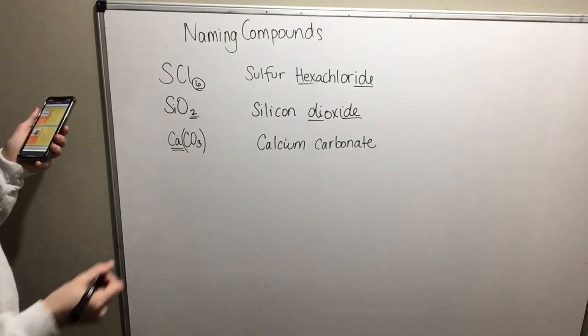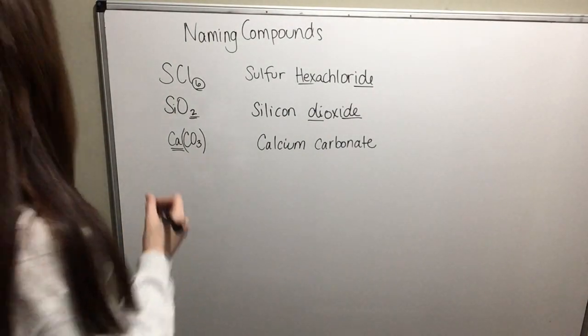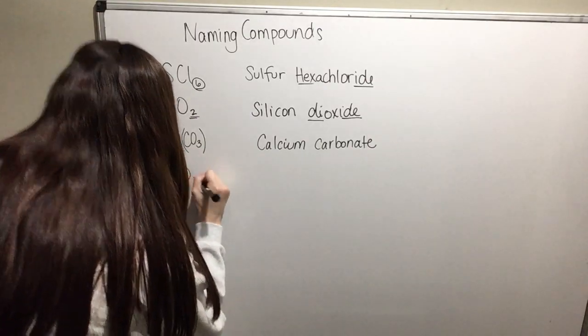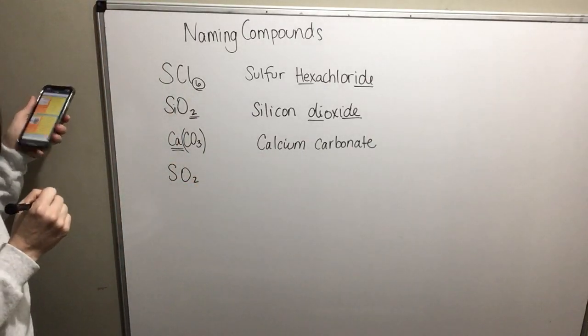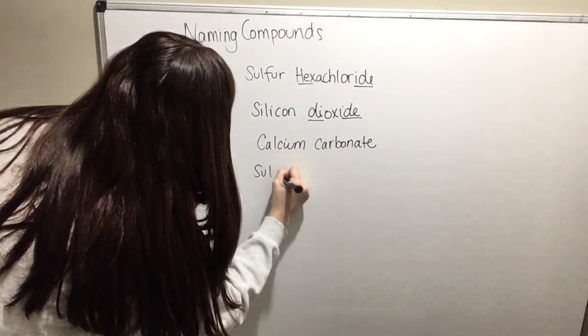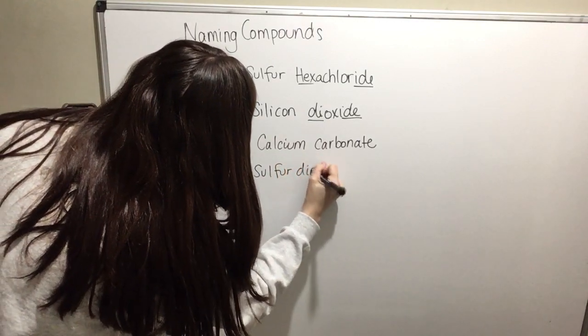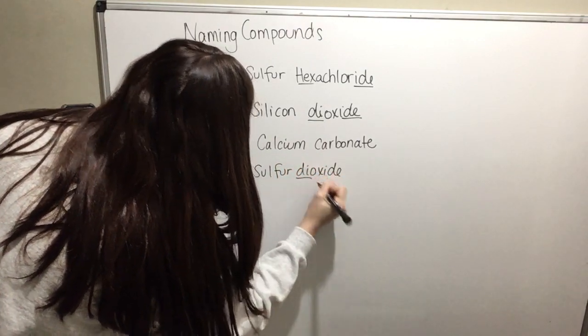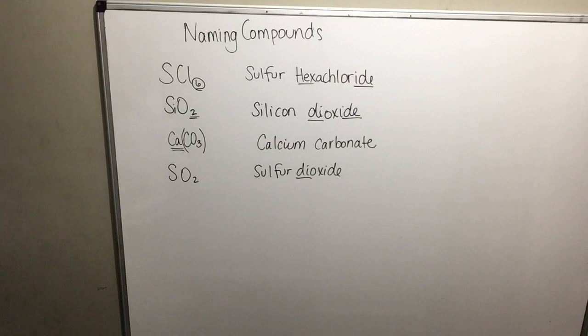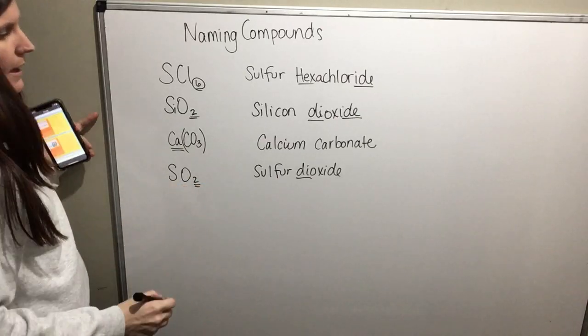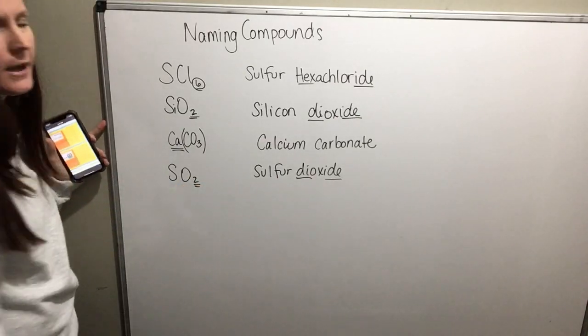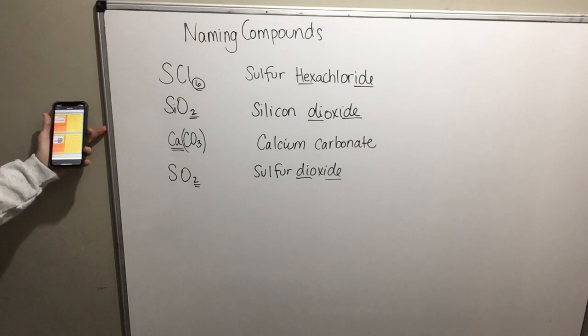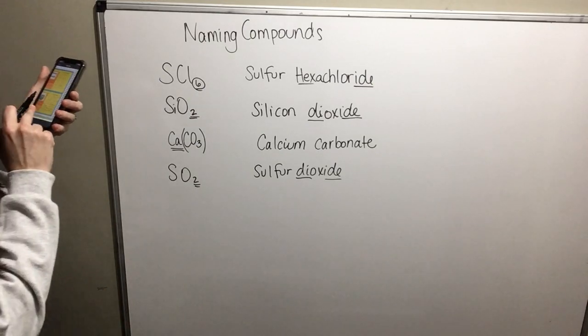Okay, the next one is SO2. So this one is sulfur dioxide. Again, di, because there's 2 here. And the "ide" because you're doing a covalently bonded compound. All right, next one,